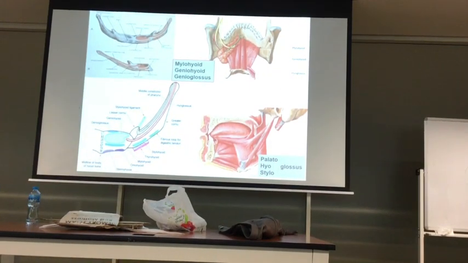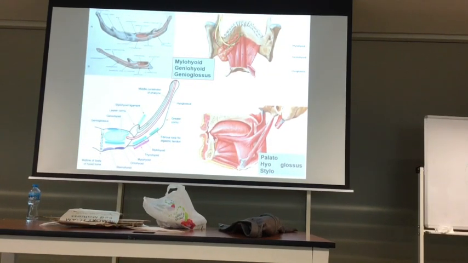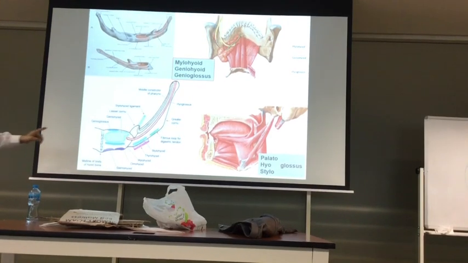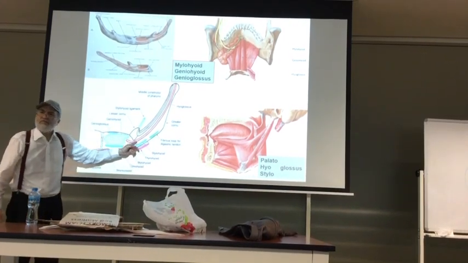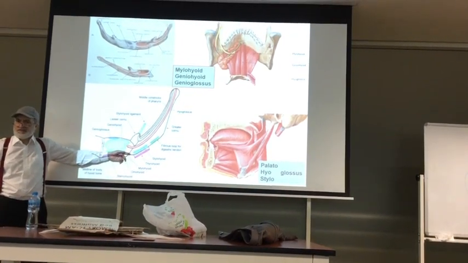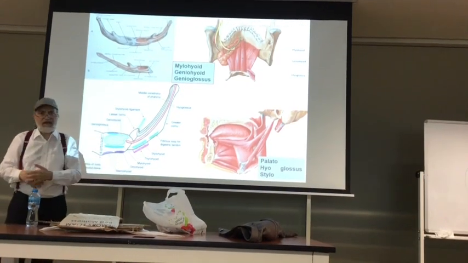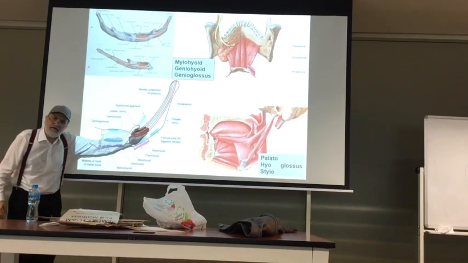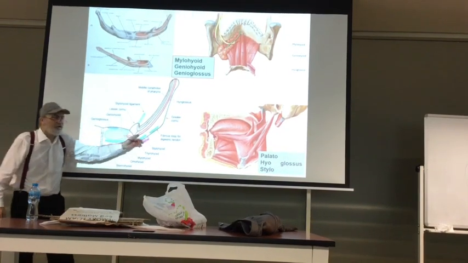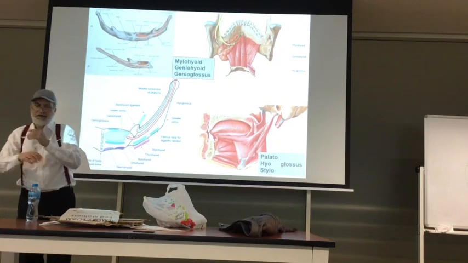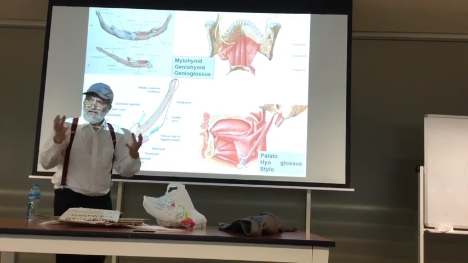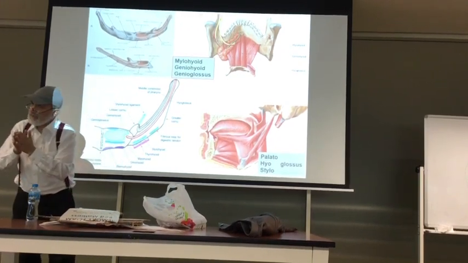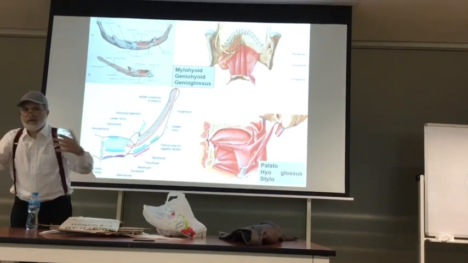So first we spoke about a constrictor called superior. And this superior constrictor shared with buccinator. And then the middle constrictor of the pharynx is the second muscle we spoke about. And it is sharing origin with hyoglossus at the greater horn of the hyoid. Please do not confuse hyoglossus